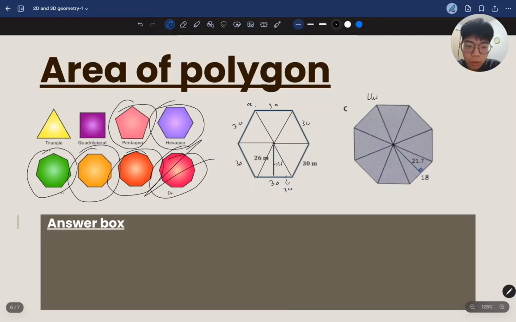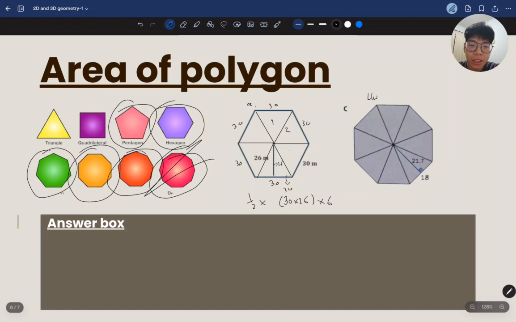What we should do is 30 times 26 times 6 times 1 over 2. So what's happening here is that we're trying to find the area of one triangle, because